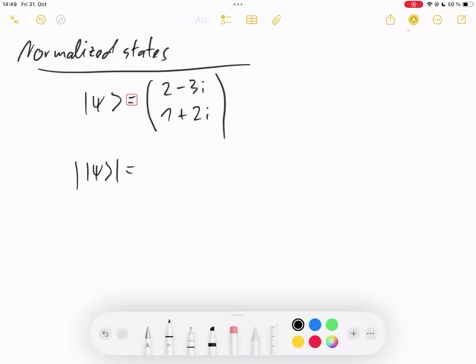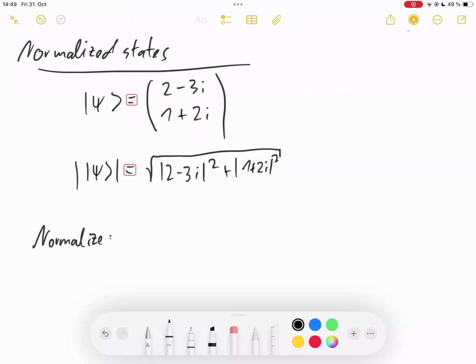And once we have the length, we can just normalize. So I'll wait for you to send in the chat some suggestions for what the length or the norm of this vector could be. The square root of something, and we have the entries 2 minus 3i modulus squared and 1 plus 2i modulus squared. So it's the square root of 18, which is correct,